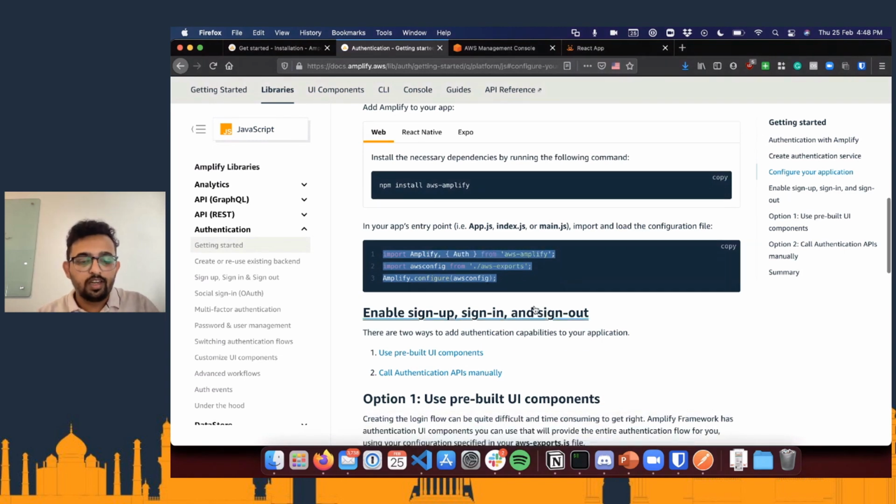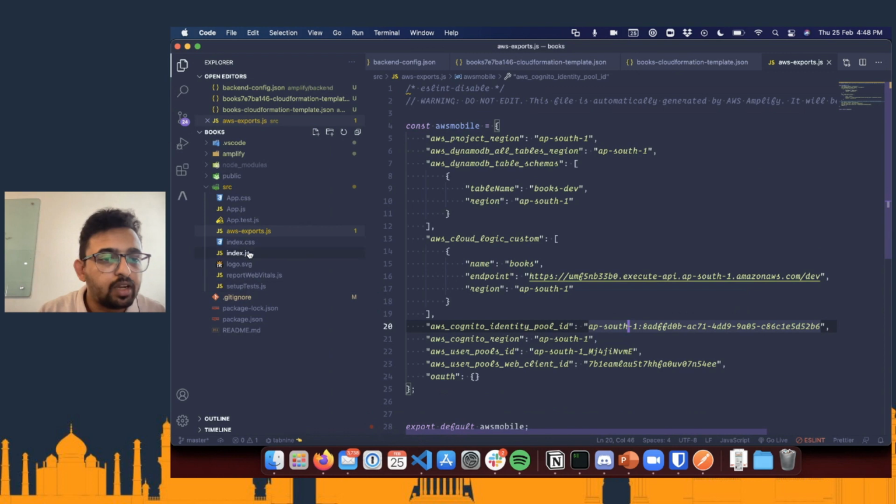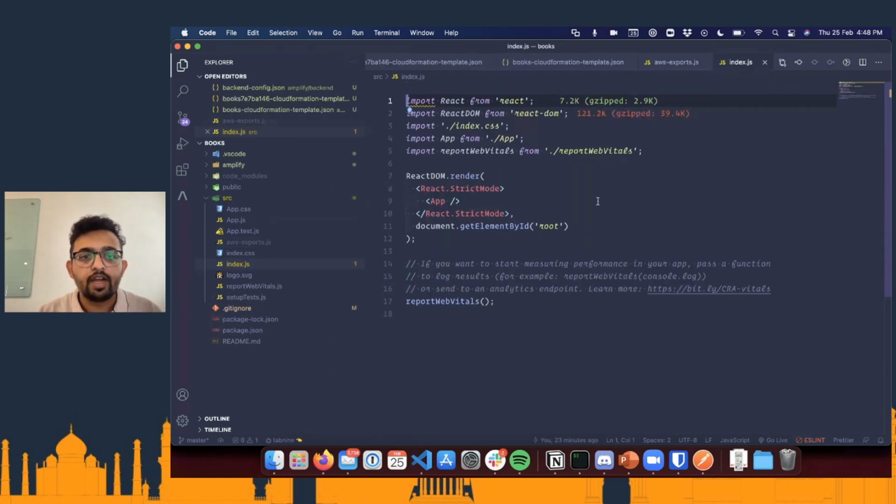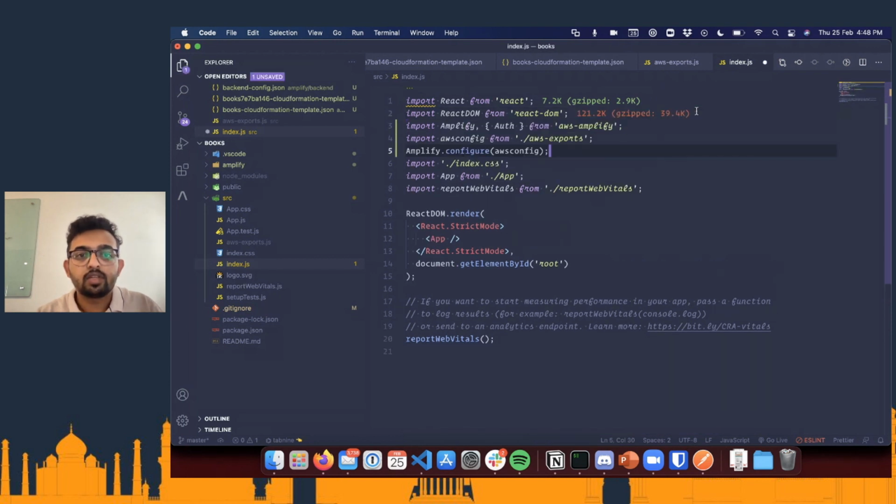The code is readily available here. So I'll take this code and add it into our entry point, which is index.js in the React application. We will not need this, so I'll just remove that.